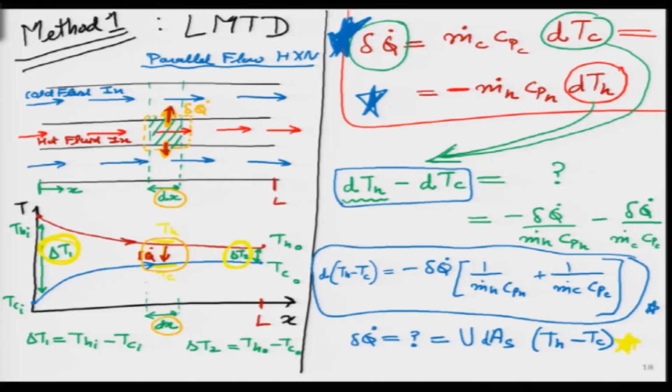Do not get confused, you can do it slowly. I am doing it a little fast because I have done it 2-3 times. Delta T2 is the exit temperature difference of the hot and the cold side. And the beautiful thing is the whole analysis that we have done is in the general case, which means I can reverse the velocities as well, even if I make them counter flow. Let me go ahead and do that. In just 1 minute you will be able to see, do not worry.